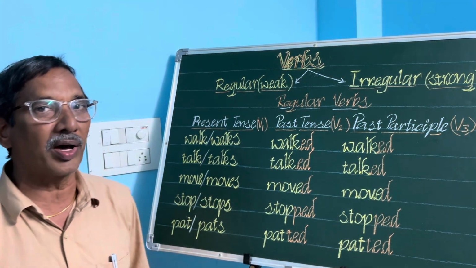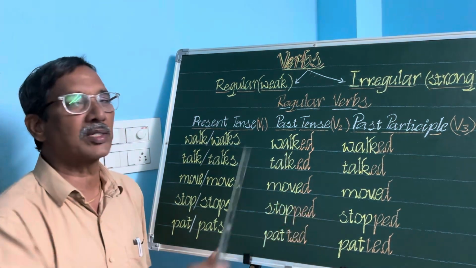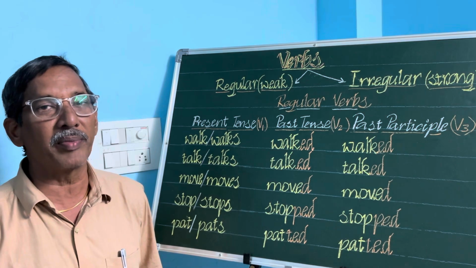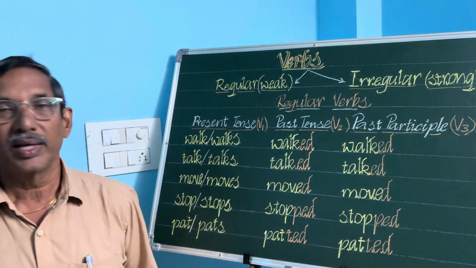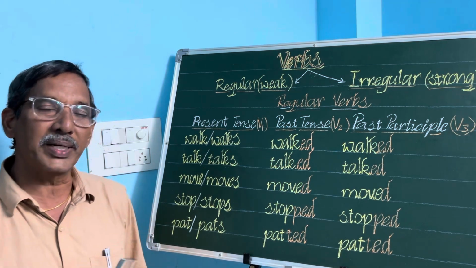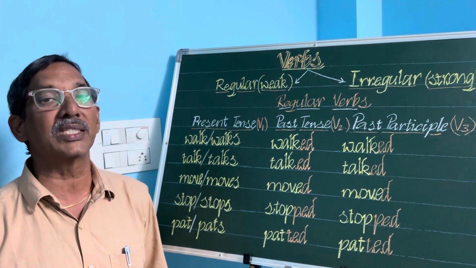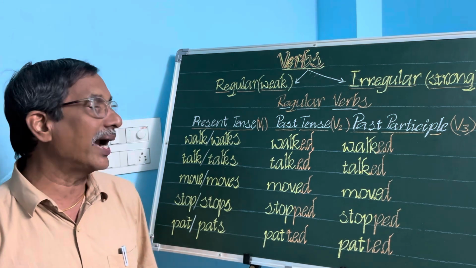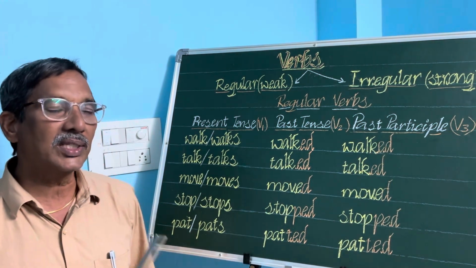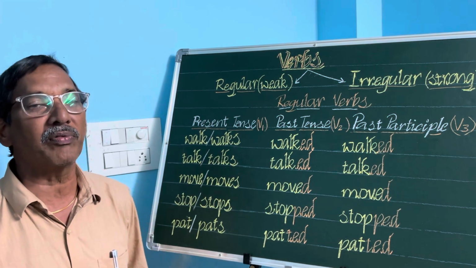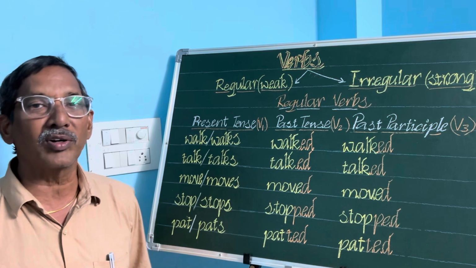Regular verbs are verbs whose past tense and past participle are formed by simply adding ed or d at the end. This type of verb is called a regular verb, and irregular verbs are